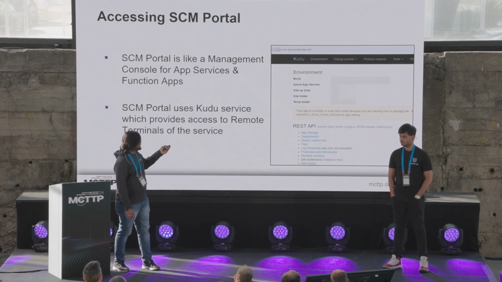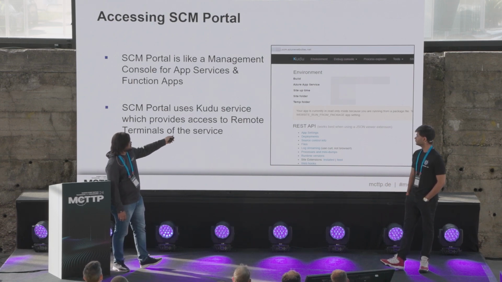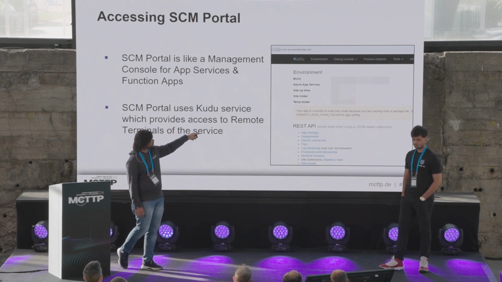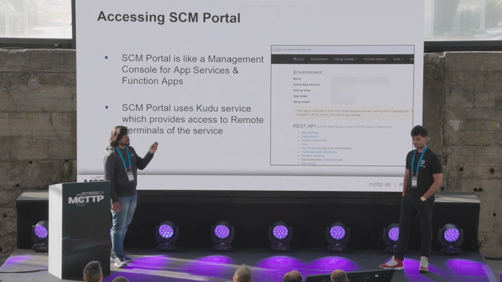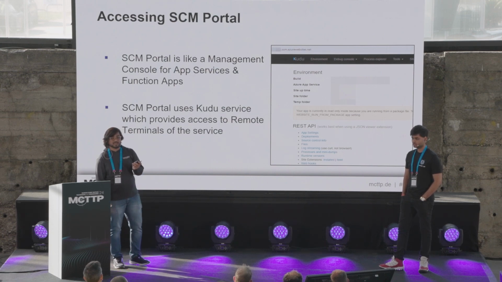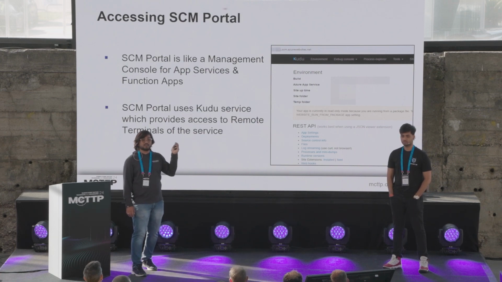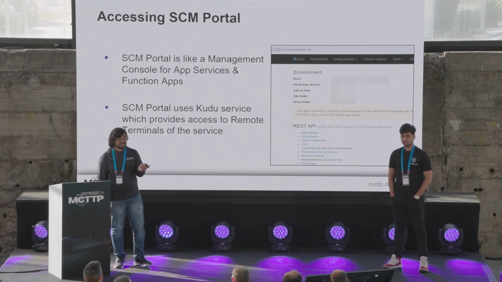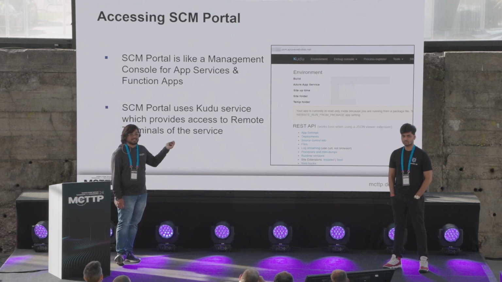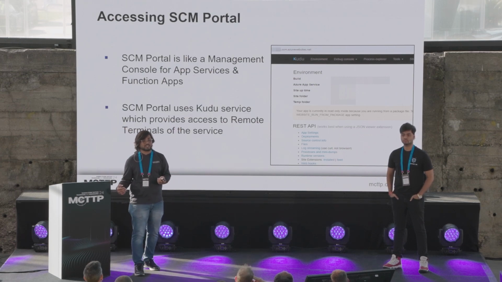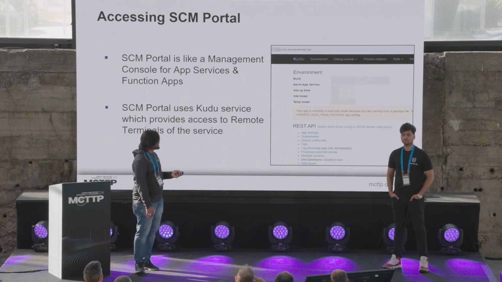And now here you can see a screenshot of the Kudu engine page where you can extract all the environment variables and application settings. You also have something known as the debug console. Those are basically PowerShell and CMD consoles which you can use to execute code directly, which means now you can use PowerShell cmdlets directly from this portal instead of creating a new function in that particular function app and performing those actions, right?